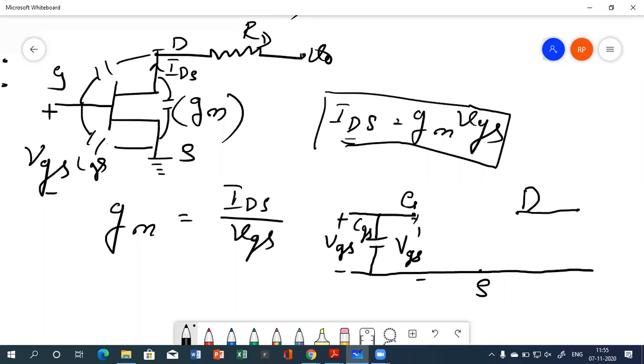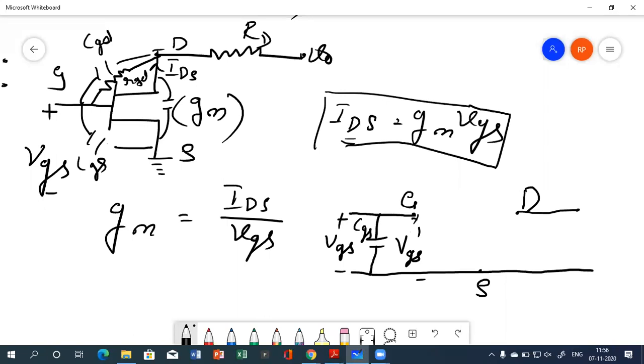At this point, we have one capacitor, that is CGD, right? I call it the capacitor CGD, and it also offers us one resistor. We call it RGD. This is the internal or diffusion resistance between gate and drain. These are all small signal equivalent components which are present for small signal. For large signal, they are assumed to be neglected. So that's why we are considering them right now.